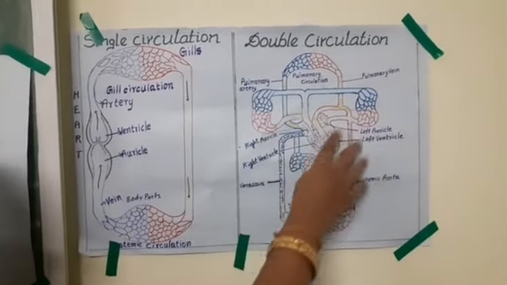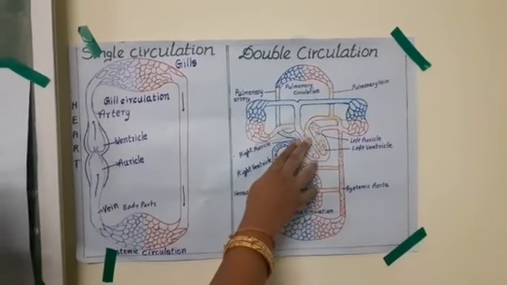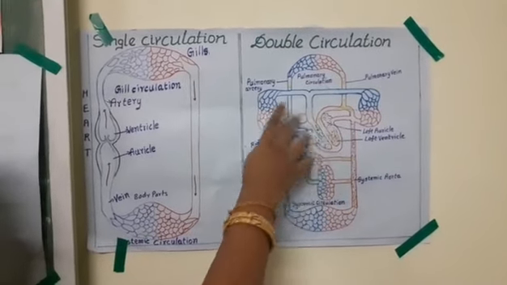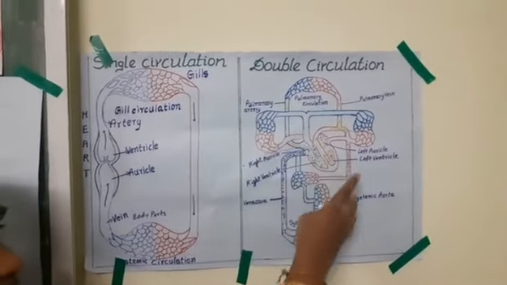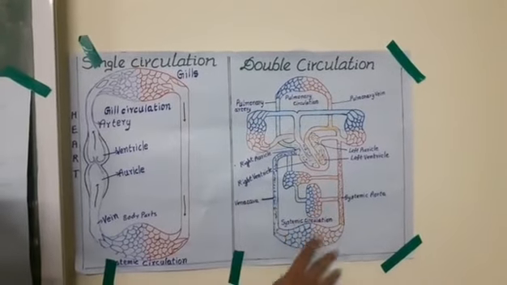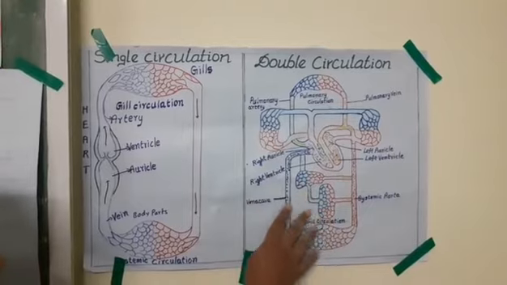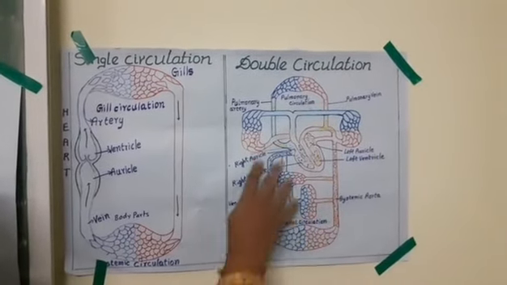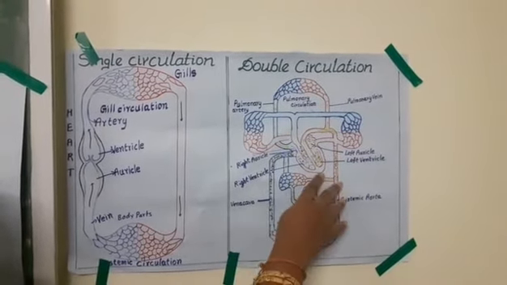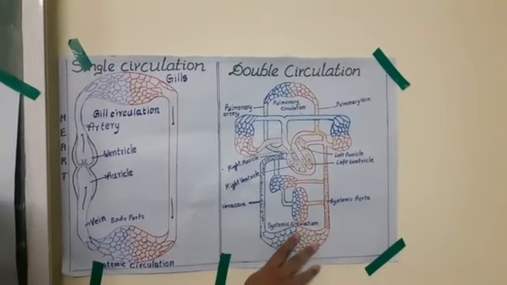So here the heart is pumping once between the heart and lungs, and a second time between the heart and body parts. So that's why in higher animals we call it double circuit circulation, the pulmonary heart, and we call the heart a double circuit heart.